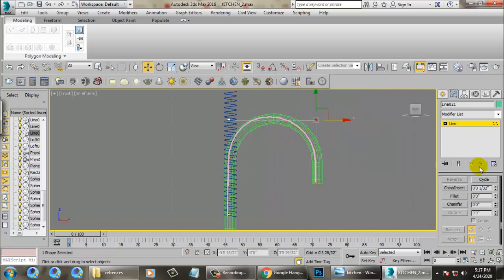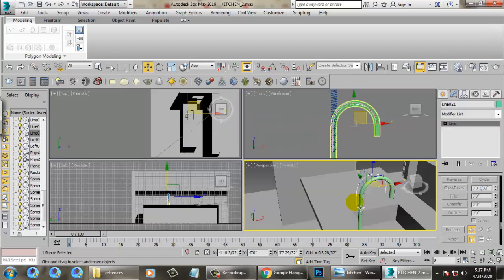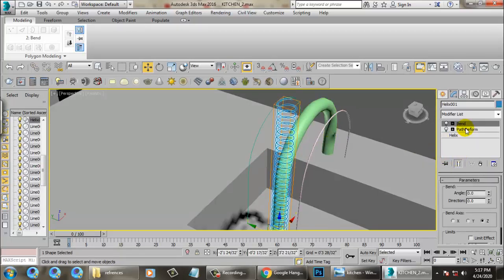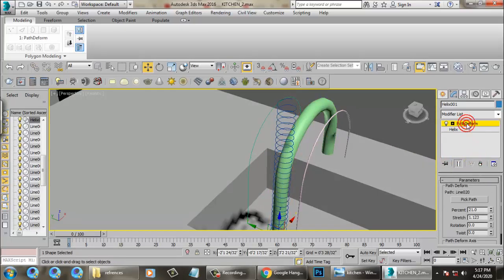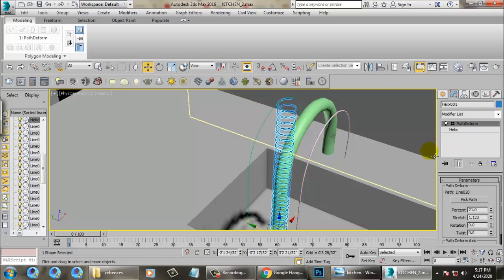Select the vertices, use a fillet. I'll select it and delete this path deform. You can just copy it if it is possible. Select this, pick path.